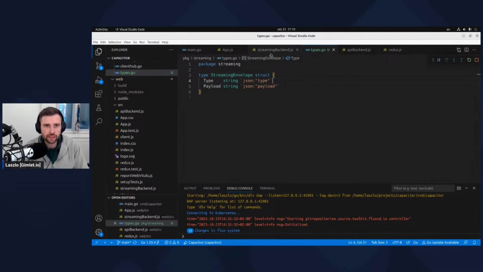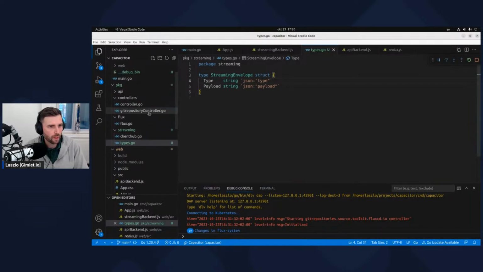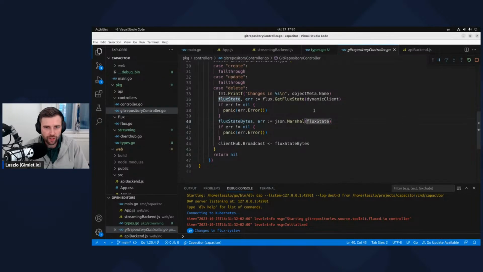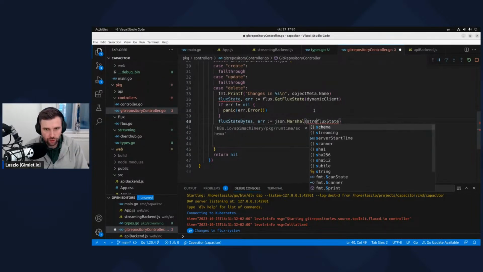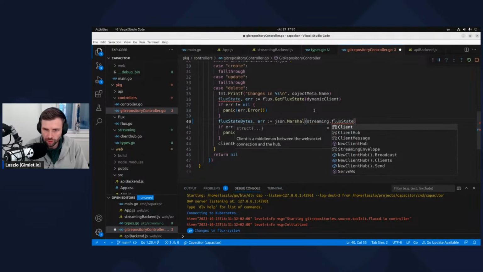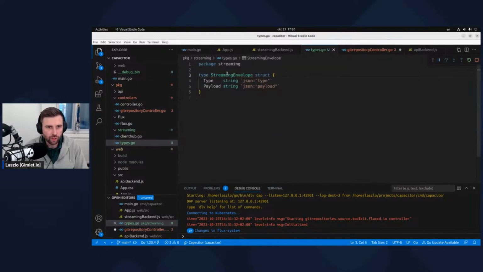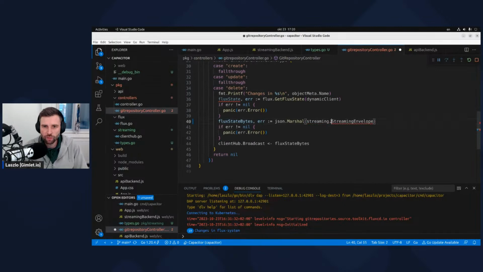All right, and here where we stream the Git repositories or the Flux state, actually, I want to marshal this into a streaming dot. Let's just call it an envelope because streaming is already part of the package. Envelope has two fields. One is type, which is